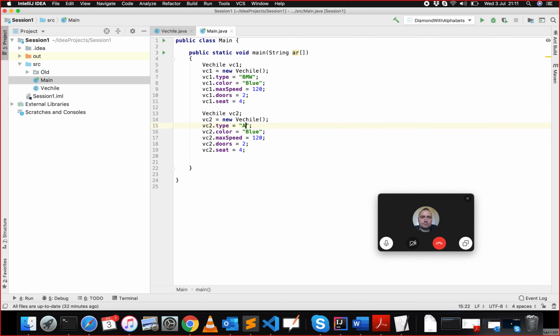And it's going to be Audi. It's going to be in red color. Top speed is 420. 4 doors. 6 seats. Okay. Now,